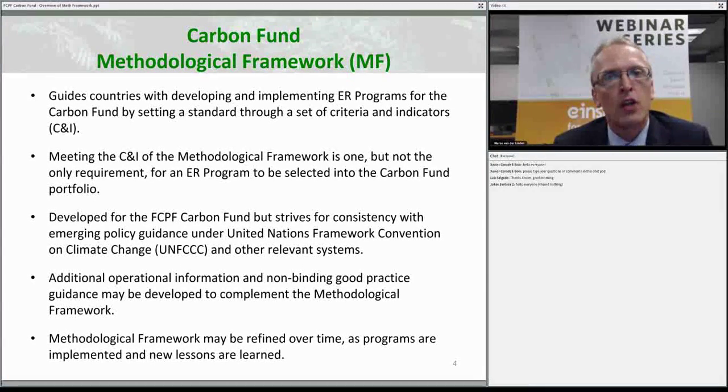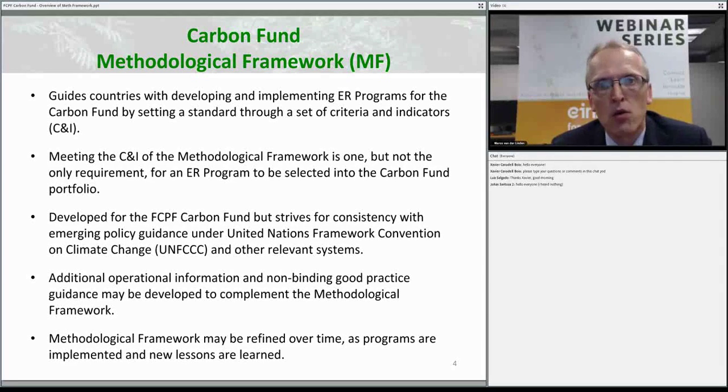It's a standard for ER programs which consists of a set of criteria and indicators. And meeting that set of criteria and indicators is one of the requirements to enter into the FCPF Carbon Fund. It's not the only requirement. There will be other things you need to meet, for example, World Bank safeguard policies. But the methodological framework and the criteria and indicators in the Met framework are a very important part of the